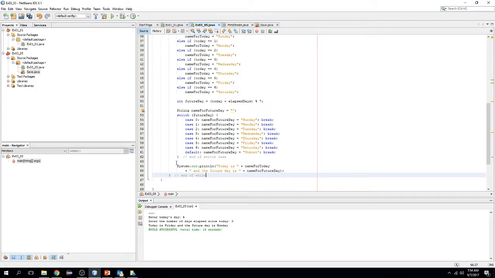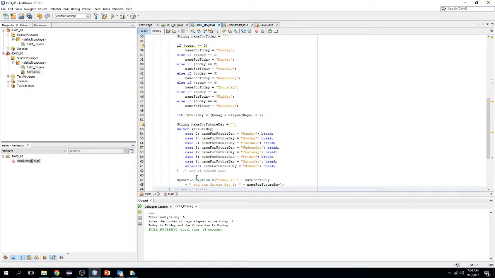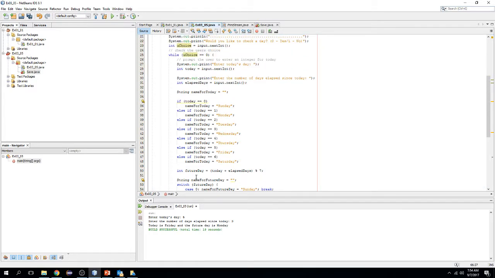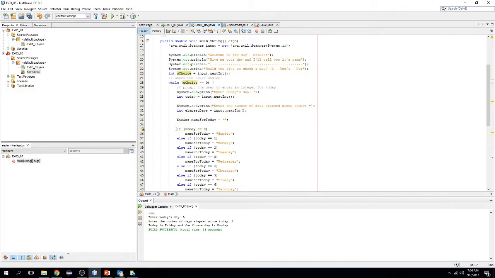Now, labeling these closing curly braces is totally up to you. It's just helpful as a beginning programmer to keep track of where things are. So now I've got a while loop implemented in my program, and I've set up my variable and read it in,